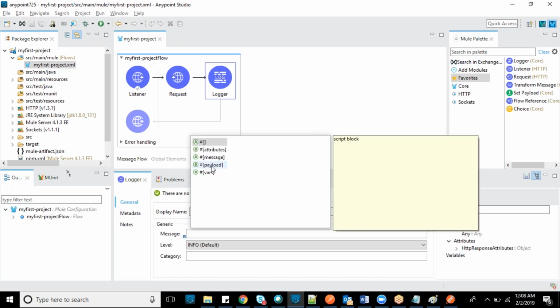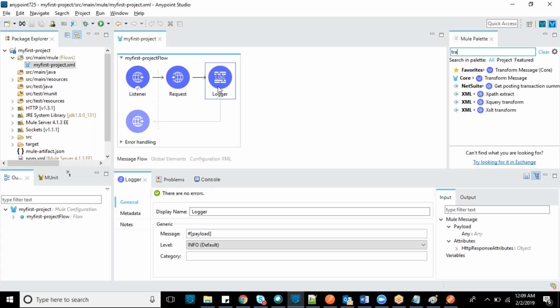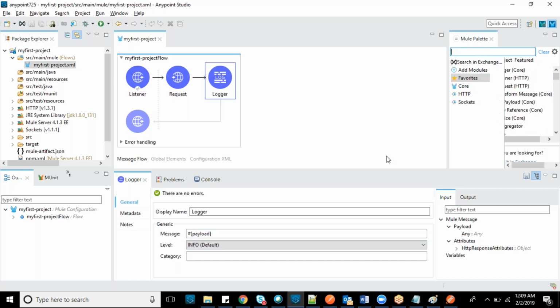print the payload. What is payload in the sense? Every request and response will be held in the payload object. That is by default in Mule. We'll cover that in the further topics. Just remember for now. And I would like to show this in the response. This logger will print in the console and the response will print outside of the browser. Sorry, in the REST client. That I can show you.